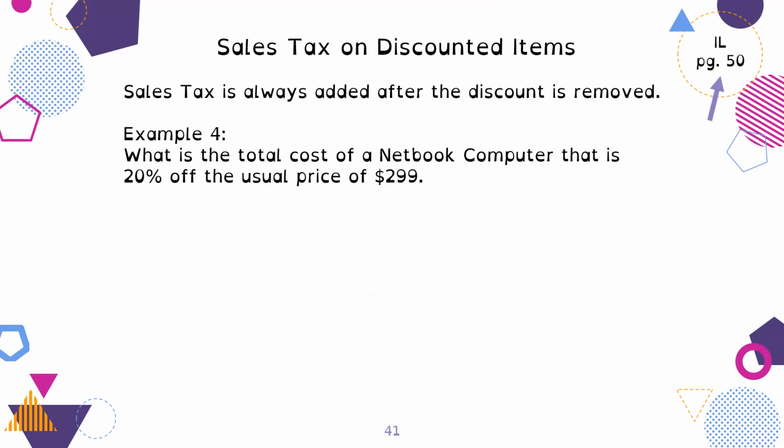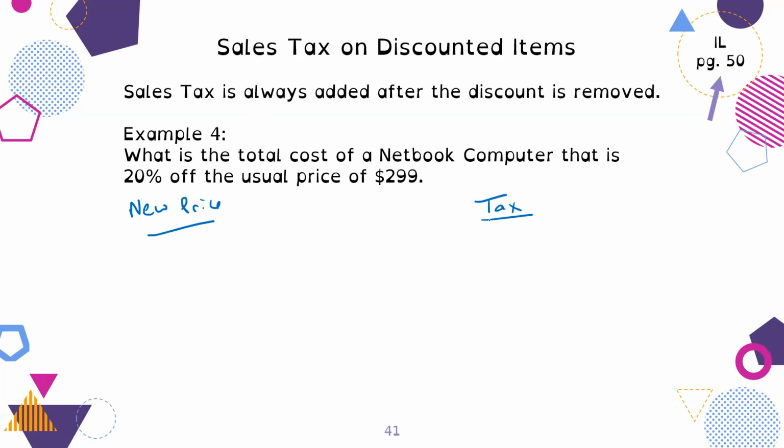So the other trick with this is that when you have a discount, you still need to calculate tax on it. So the sales tax on discounted items is always added after the discount is removed. So you discount first, then tax. This is on page 50 if you want to look at your booklet. So we look at the total cost of a netbook computer that is 20% off the usual price. So first, we need to figure out the new price. And then we need to figure out the tax